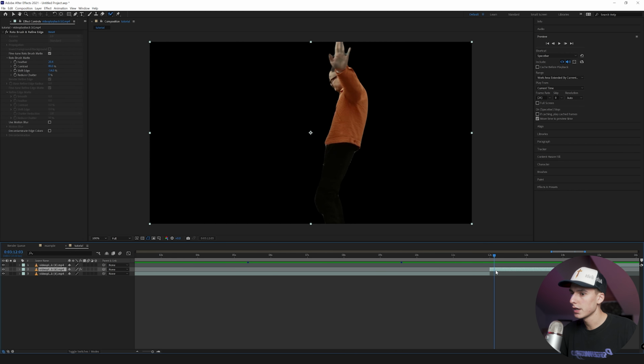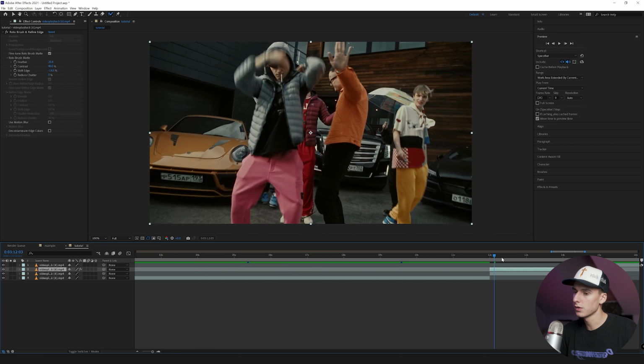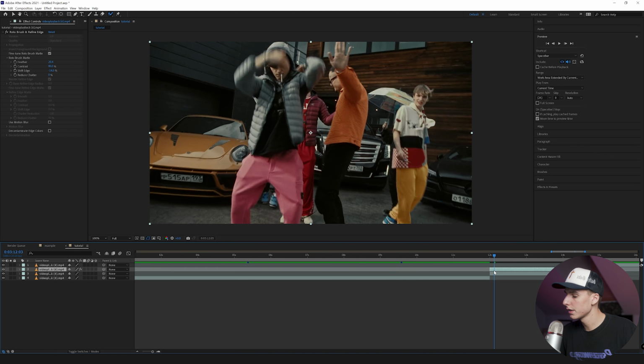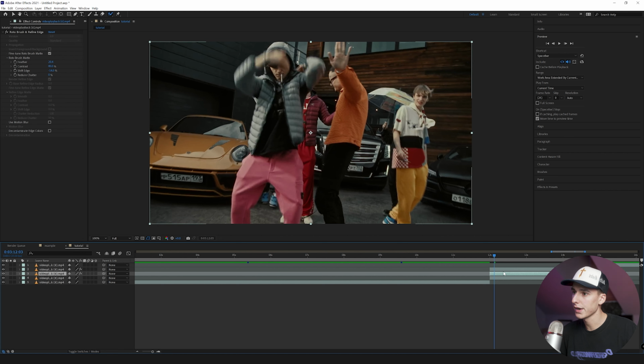So then after that, I'm going to click on your layer that's rotoscoped, and then click Control D. And then go ahead and click on the bottom layer and remove the rotoscope. So the top layer is your rotoscope layer, and the bottom clip is the whole clip that's just default. Then I'm going to duplicate the rotoscope layer one more time and click on the middle layer, or the bottom of the rotoscope.